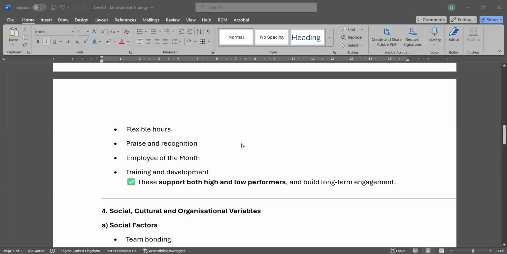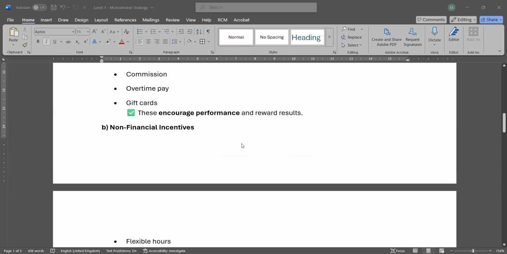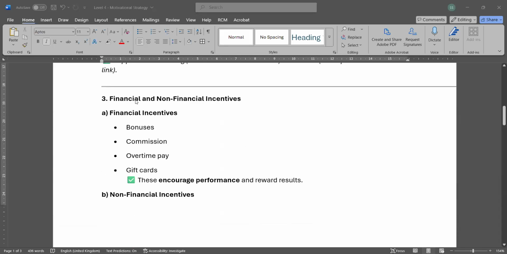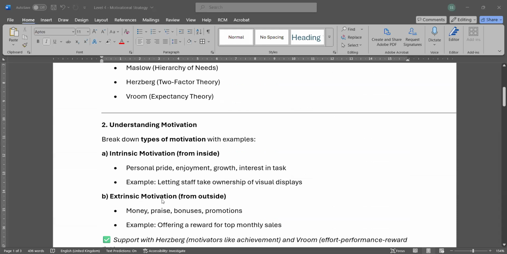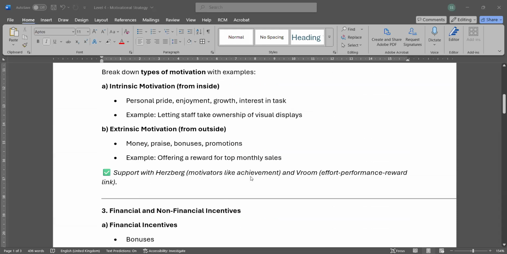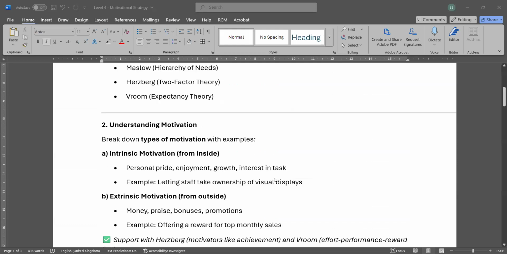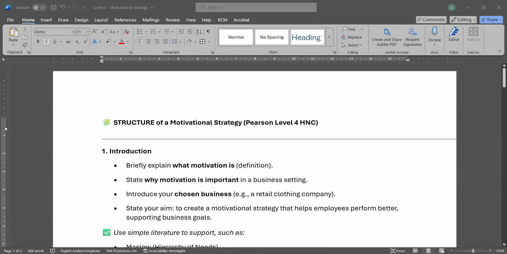If you read this document, it is going to give you a better understanding. Financial and non-financial incentives, intrinsic and extrinsic motivators. What kind of motivators are there, and some examples. They talk about what kind of theory you can use, and then you can support your arguments there. So you can look at this document also, okay?